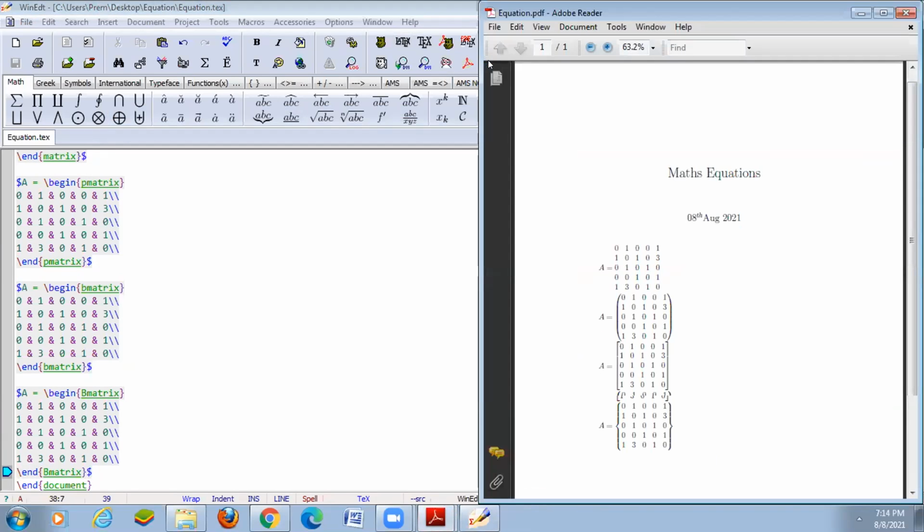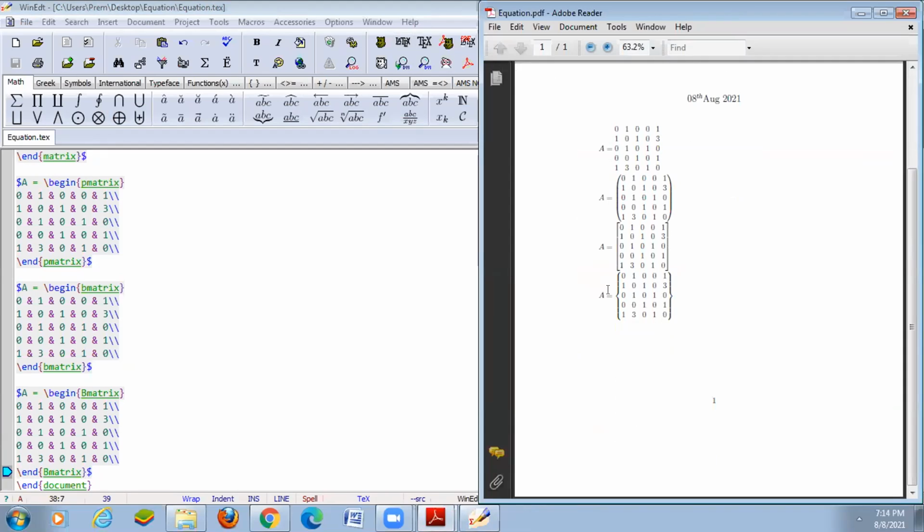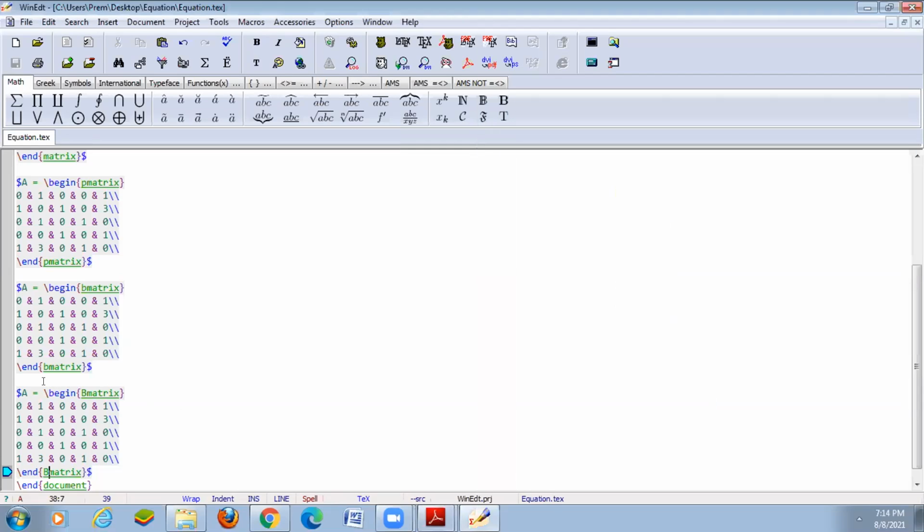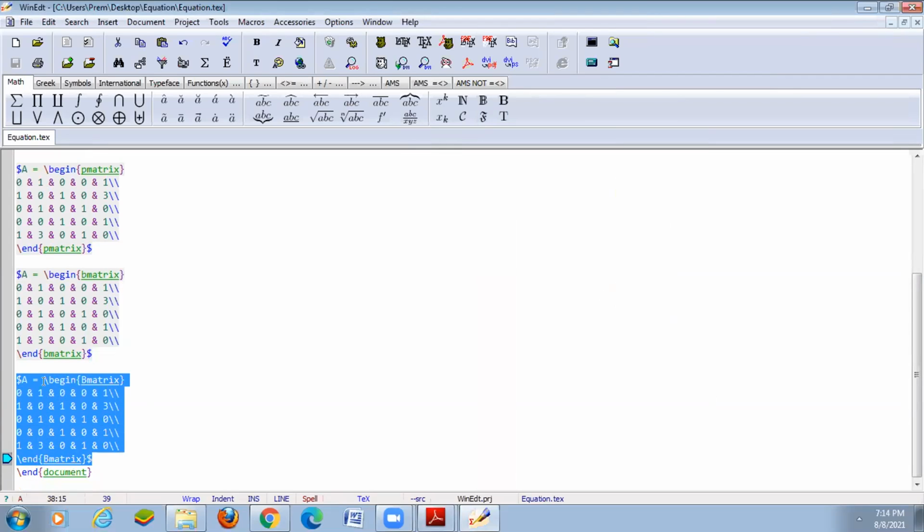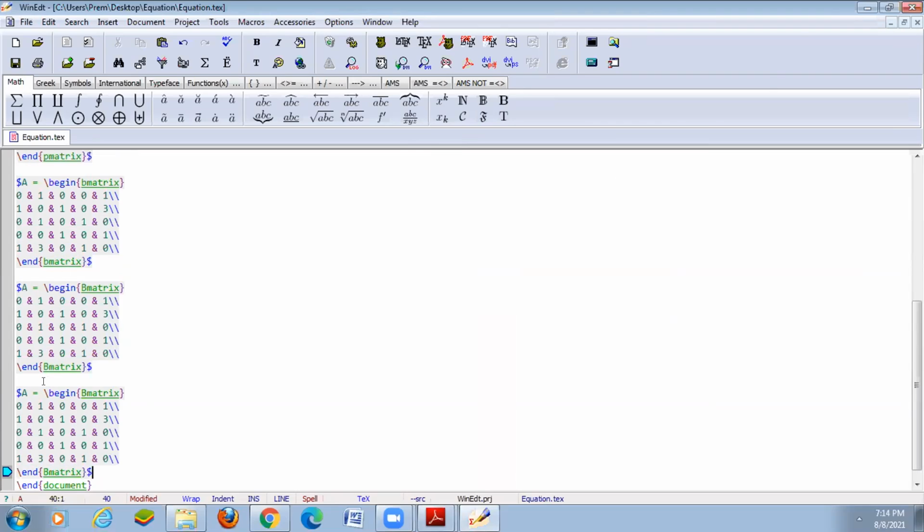So these are the different types of matrix. This one is a capital B matrix, that of the set bracket matrix. Okay, so purely matrix. Now we can take the modulus of the matrix, that means the determinant value. If you want to determine the determinant value, we can use it for the B matrix. That means the determinant of the matrix.